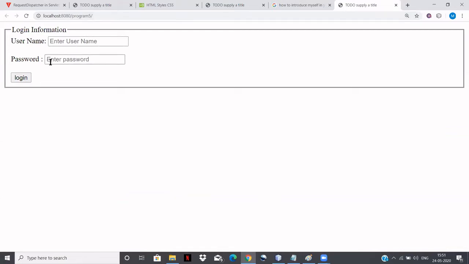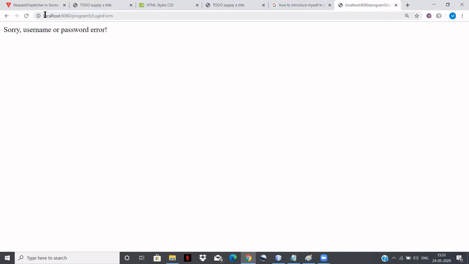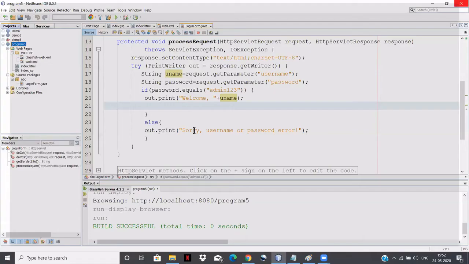One login button. Now you test whether you are able to connect to the servlet just by clicking this login button. Yeah, see here. The else part of the if else block got executed, right? Now I'll just close this.